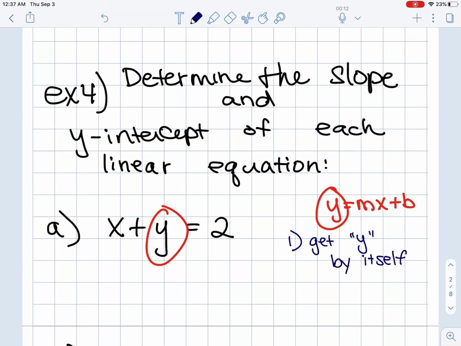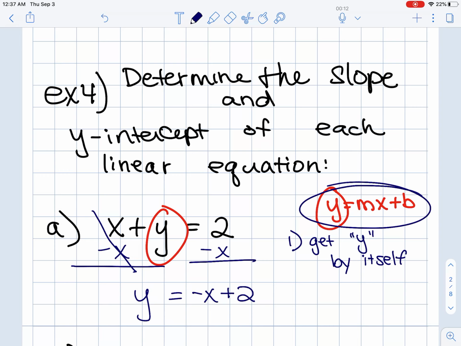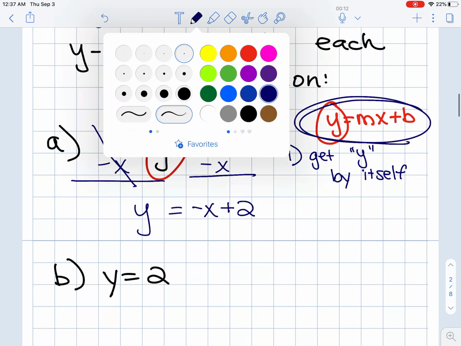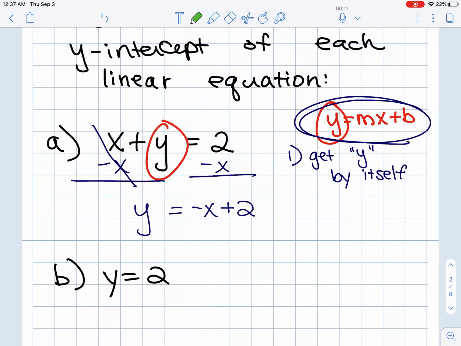We're just going to do that by moving over x. Since it's a positive 1x, we do the opposite, which is minus the x to both sides. This will cancel, and we're left with just the y on the left side of the equal sign. On the right side, I can write down negative x plus 2. And I put the 2 behind it because I want it to be in this form of y equals mx plus b, which if we look at it now, this is y equals